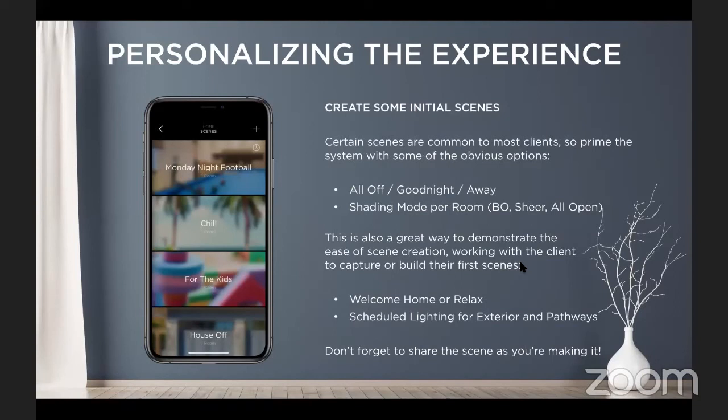Scenes. I always recommend creating 1 or 2 scenes and walking the customer through that just so they can see it. One of the scenes is house off, all the lights off, all the AV off, things like that. Or maybe they've already laid out some very specifics on what they're trying to do. Create that scene. Whether it's lighting or AV or a combo, create 1 or 2 scenes and put them in there so that